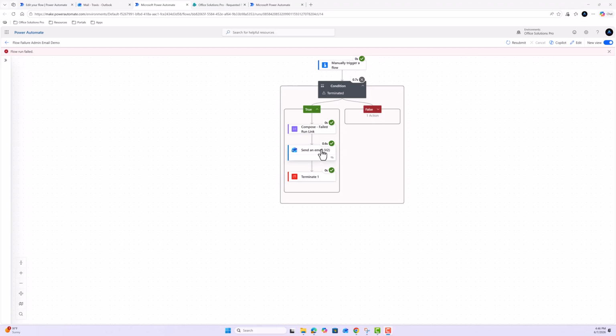Some other things you can do is the step before this, you can actually pull information from this as far as what exactly caused it to fail, and you can put that into the email. I'm going to cover scope in next week's video, and I'm actually just going to modify this to include a scope. So it's very easy to understand what scope is for and how you can do it. But one of the things you can do with scope is you can actually pull more information from every step in that scope. So you can actually put an indicator for everything that fails inside of the